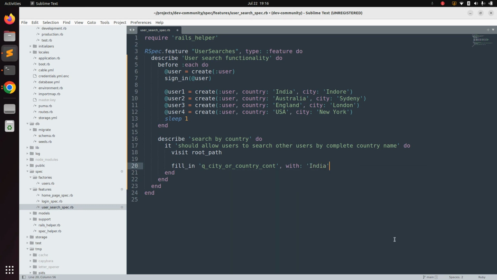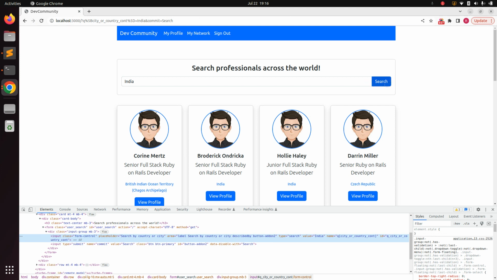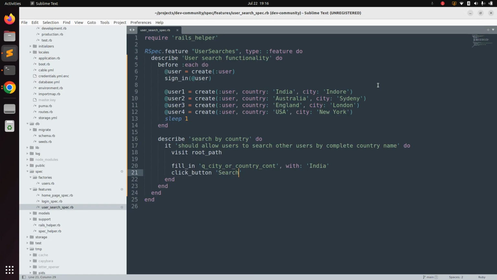Okay, and then we need to use click button search. Here you can see that we have the click button search, and this is the button, submit button. Okay, and this has the text search, so we are using click button search. Okay, and once the user finds the country name India, then we need to verify some text to be present on the page, like it should have only the username and profile title and country which belongs to India. Okay, so expect